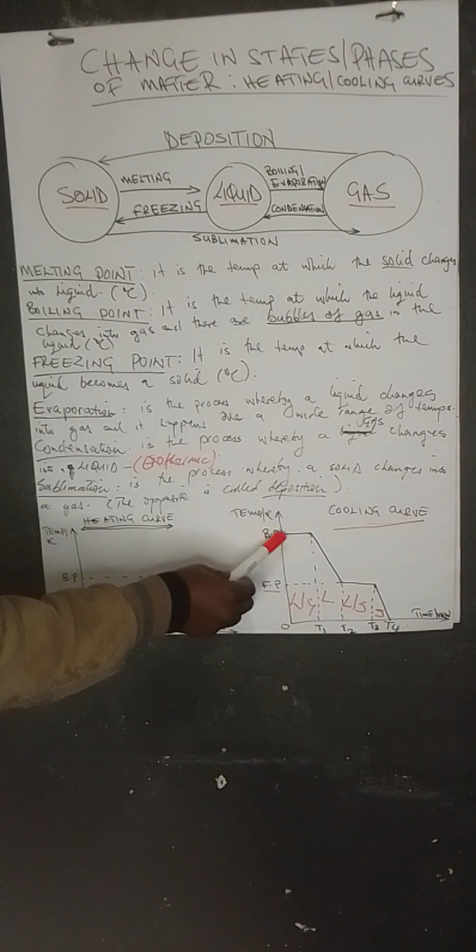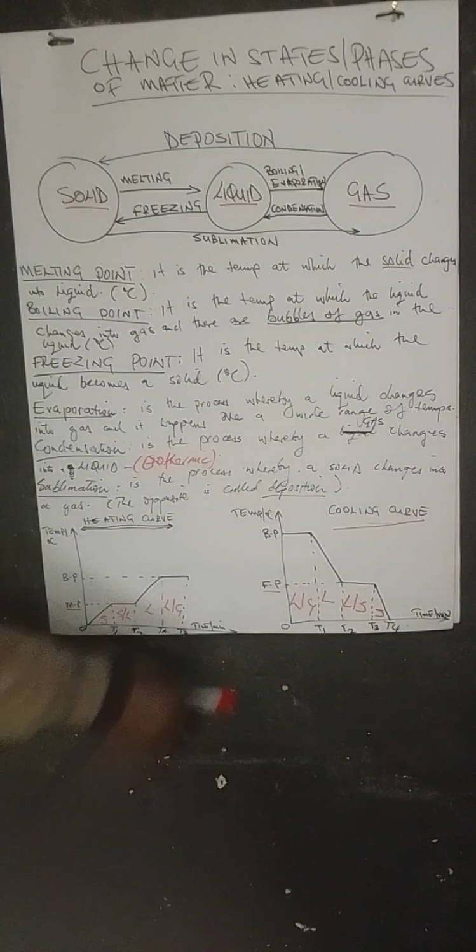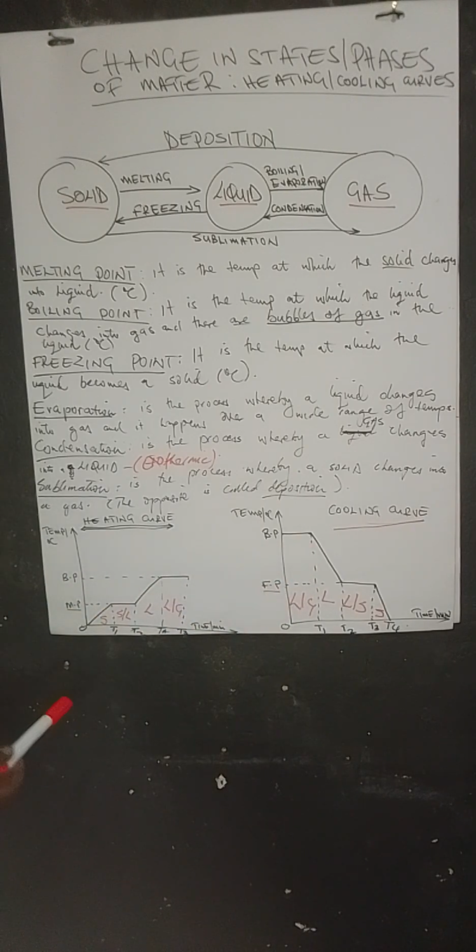Now let's explain why the temperature is constant here and why it is constant there. In the first phase here, we've got a mix of a liquid and a gas as the liquid was boiling. When you cool the temperature, the hot vapor on the surface of the liquid